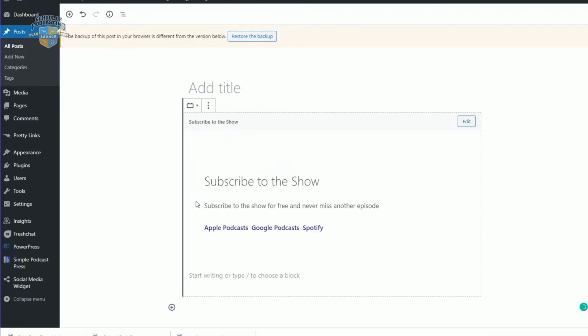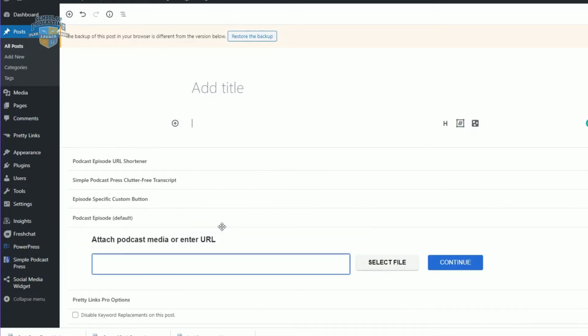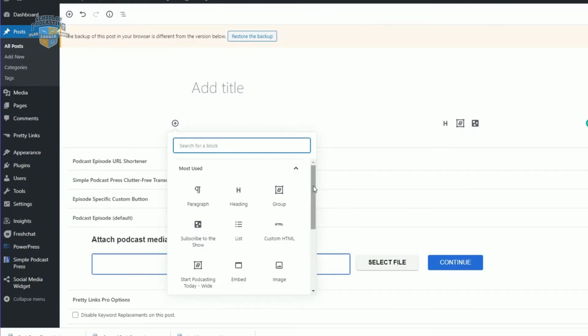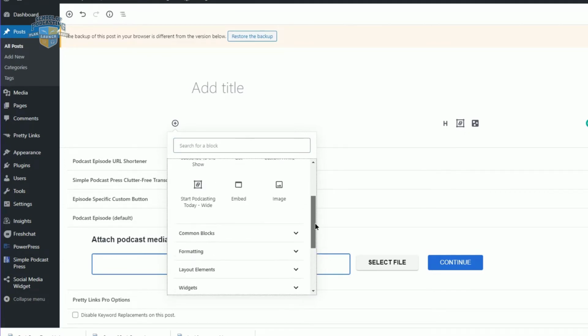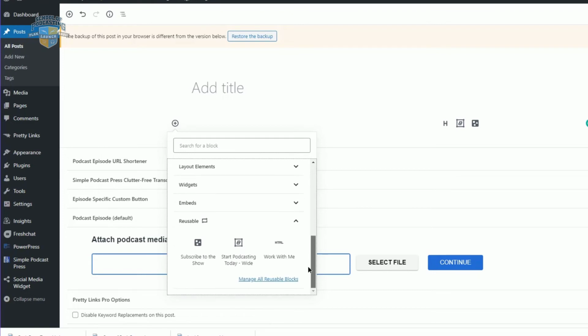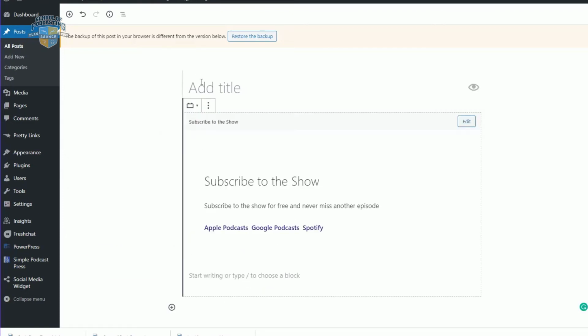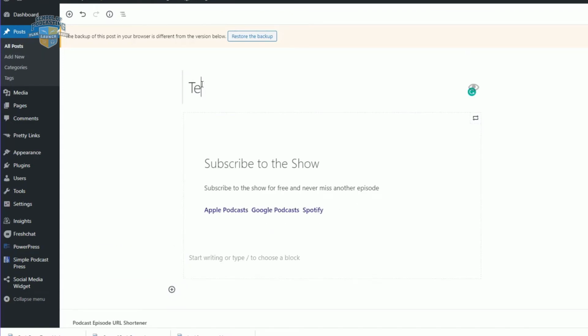So just to beat this dead horse again, I'm going to get rid of this and remove the block. I'm going to click here and go to reusable. And I tell you what, let's do this. I'll put that in again, and I'm going to call this test. And I will save that as a draft. There we go. Now I'm going to start a new post